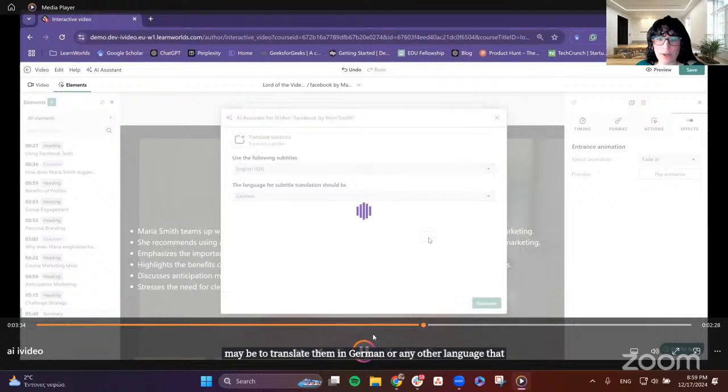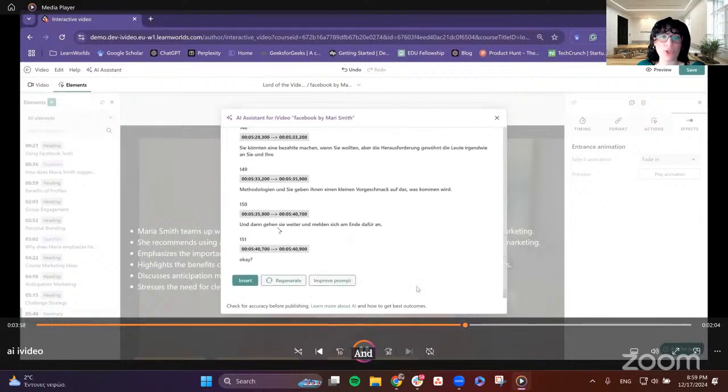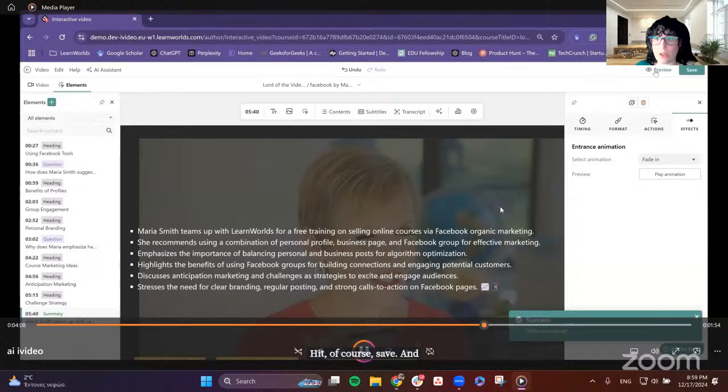You hit generate, it takes a bit, and we have the results. Maybe you can check them a bit, and afterwards you can directly insert the subtitles. Hit save, and maybe we can go and see the preview.